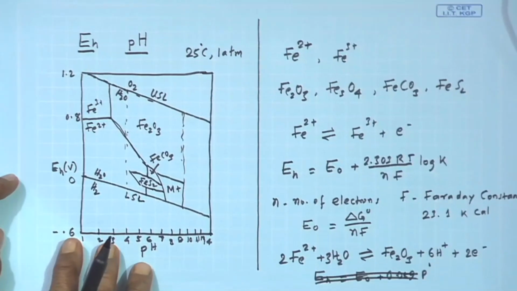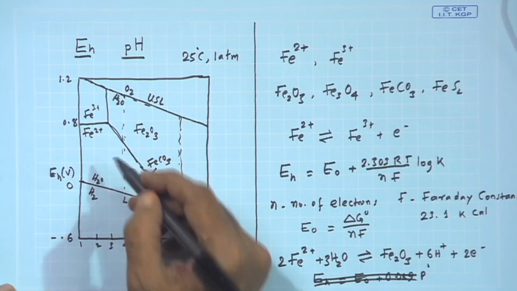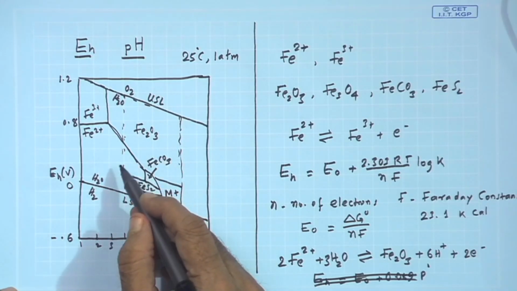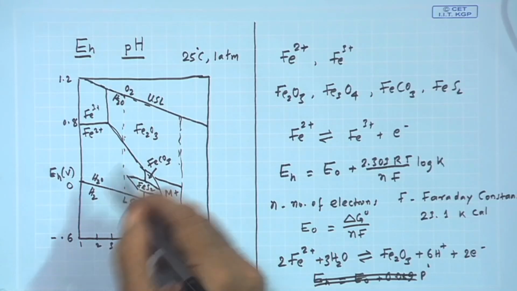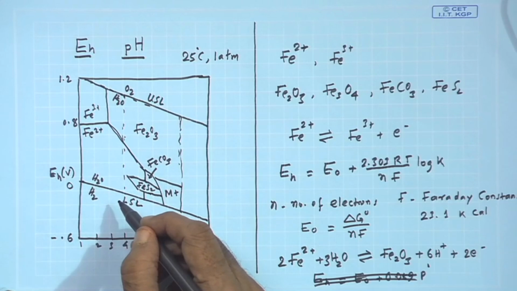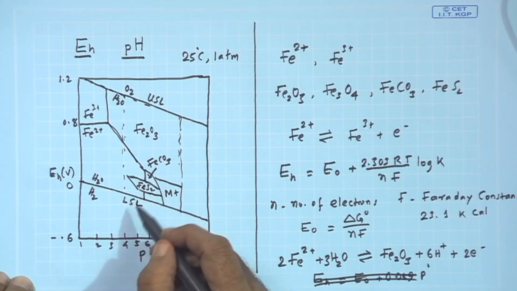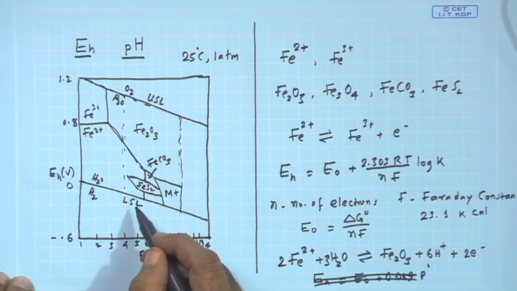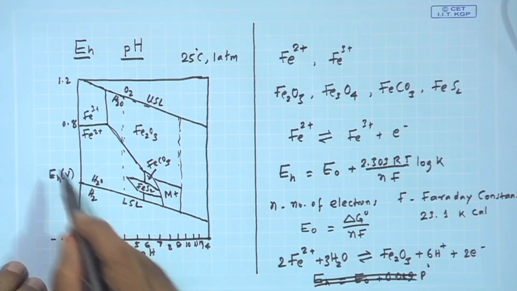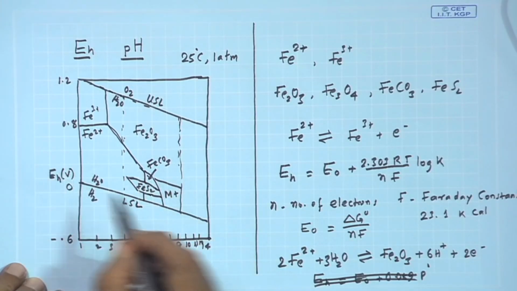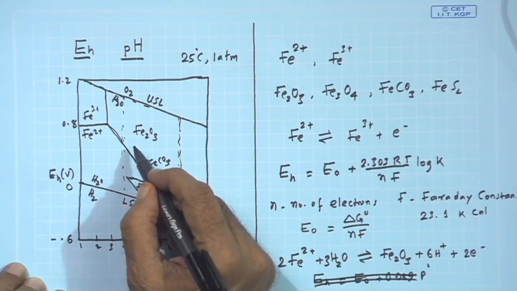And when we consider such kind of diagram, the relative positions of the boundaries are very much sensitive to the concentration of the different species that we are considering: the iron species in total iron content of the aqueous environment, then concentration of the carbon dioxide, total sigma carbon dioxide of the environment, and the sulfurous species. Depending on that, we can have the stability fields of the species, and we can interpret that if we are somewhere in an Fe2+ stability field, then if we increase the